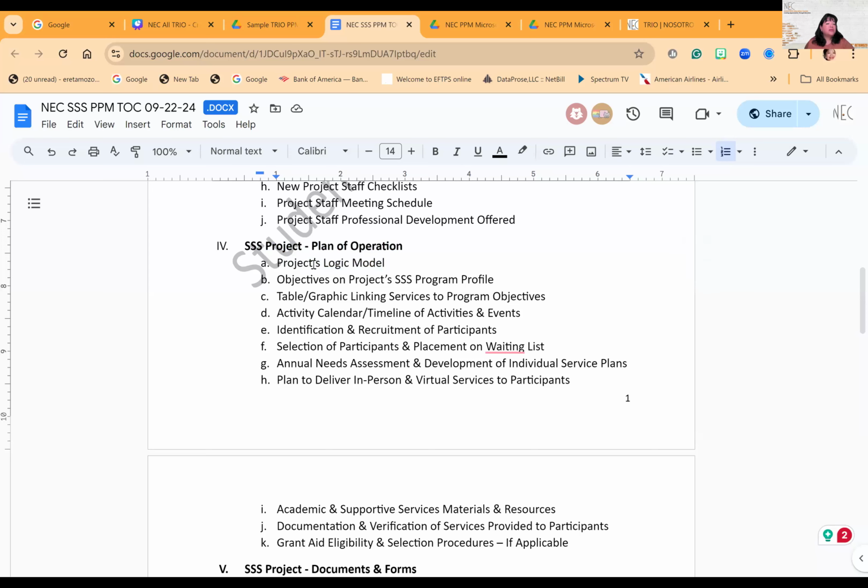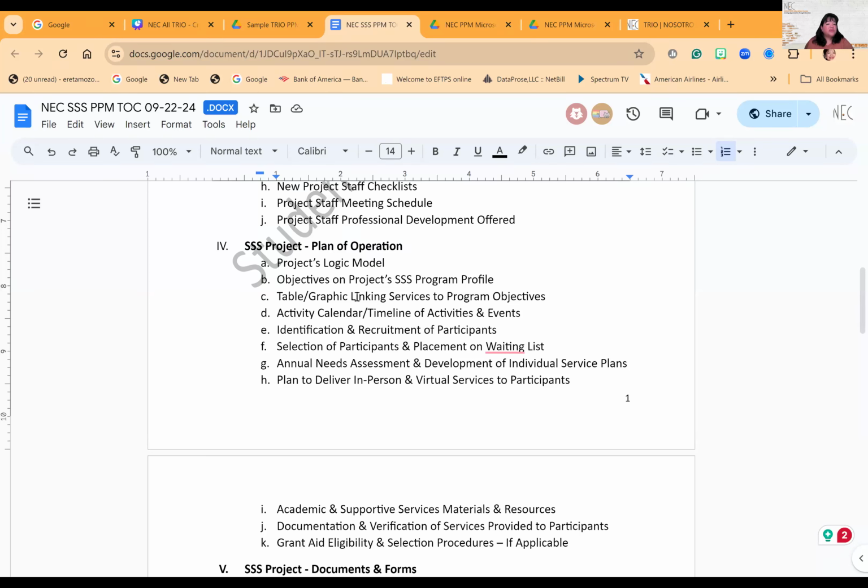What about your project logic model? Again, if you don't have one, or if you'd like to make it look, now, since you're not restricted to space, font, or anything like that, you may want to jazz it up and make it look really good. What about your program profile form? The objectives on there, that's very important, the actual wording. Maybe you have a lot of these things from your proposal. NEC can help you copy and paste from your proposal or modify them and make them more visually appealing, or you can do it.